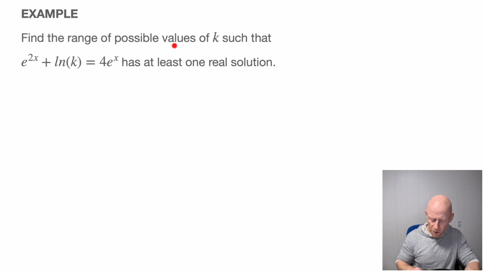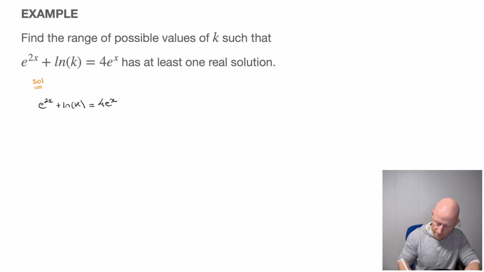Find the range of possible values of k such that the equation e to the power of 2x plus ln of k, which equals 4 times e to the power of x, has at least one real solution. Okay, well, as I always do, let me start by writing SOL here for solution. And I'll also copy the equation. So that's e to the 2x plus ln of k, which equals to